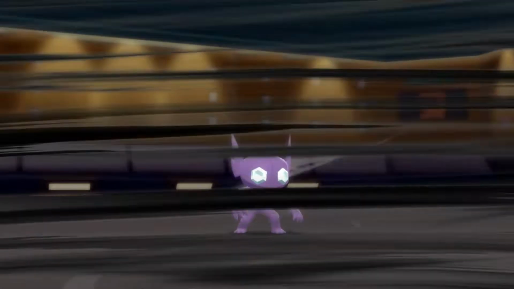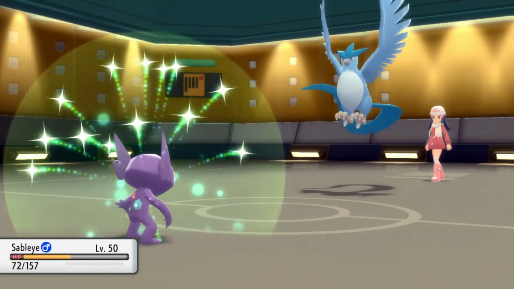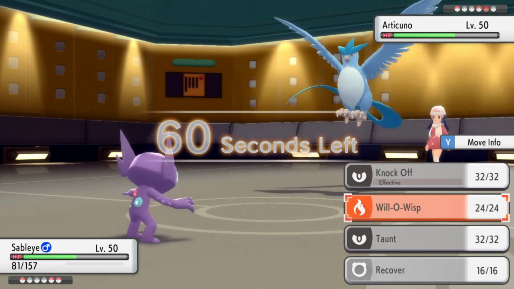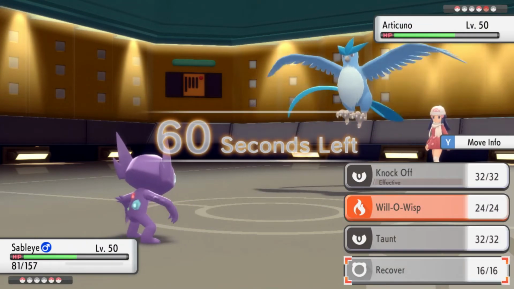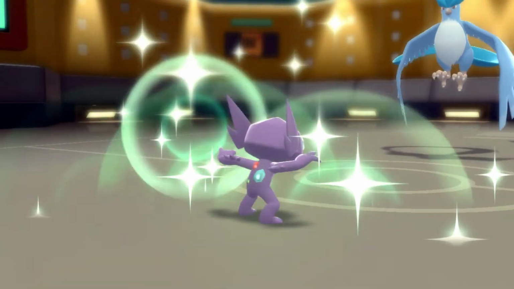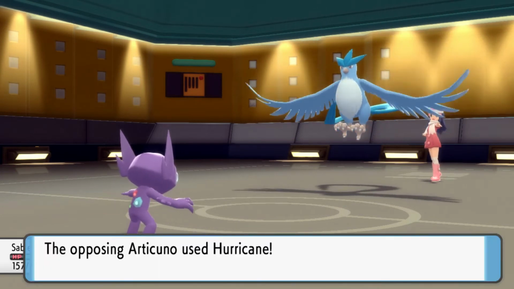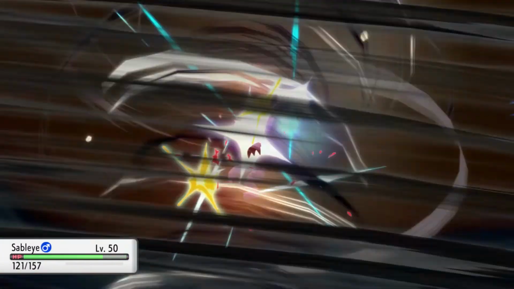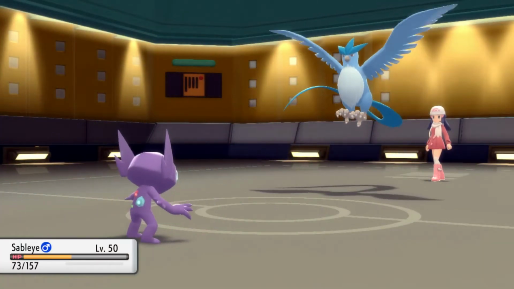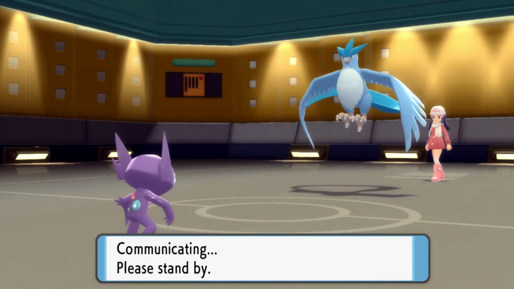I basically send in this Sableye, which was invested in Special Defense, particularly to deal with Suicune by knocking off its item, taunting it to prevent it from setting up, and then Will-O-Wisping it to chip it down little by little, while also preventing it from resting a lot. Because I was kind of expecting a Suicune with Calm Mind or something like that to handle my team, but thankfully she didn't end up bringing it. But this Articuno turned out to be a real pain in the hindquarters,